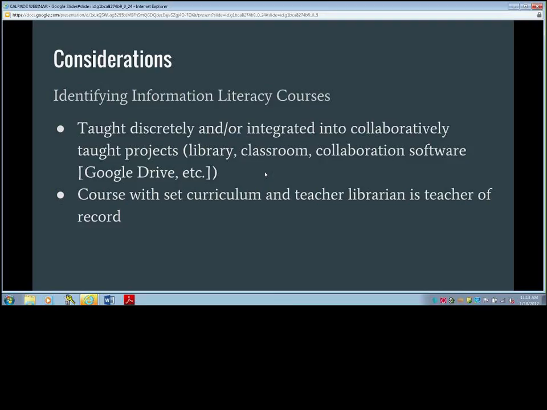So if you are going to have a digital citizenship class with a teacher teaching that class, or an information literacy class, or digital literacy class, this is where these considerations become very important. In fact, we even have people right now that are potentially leading this area, have teacher librarians in their district, and those teacher librarians have nothing to do with this content. And that's why this webinar is so critically important, because that disconnect is there.